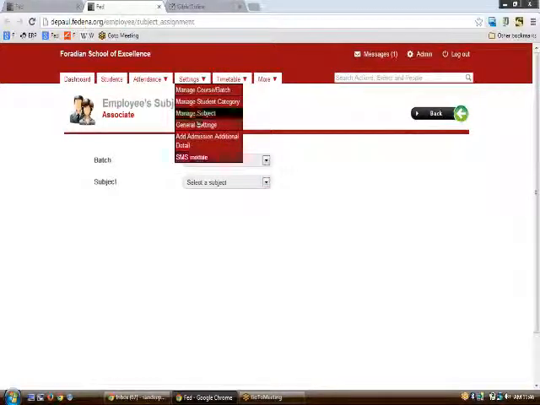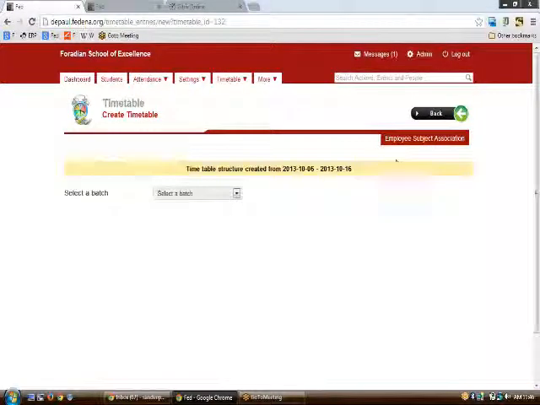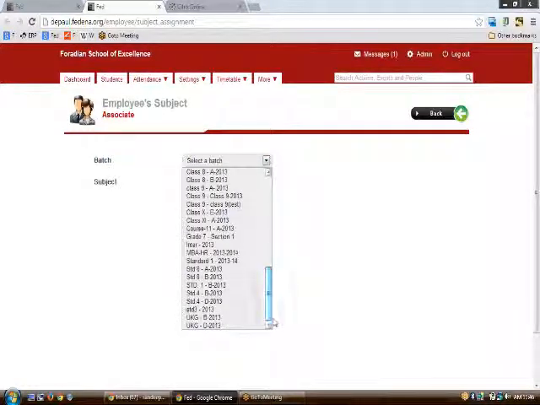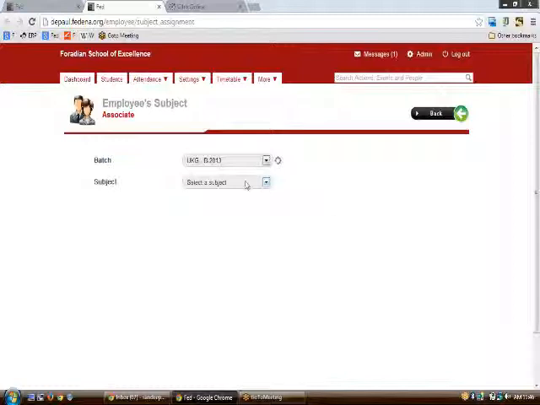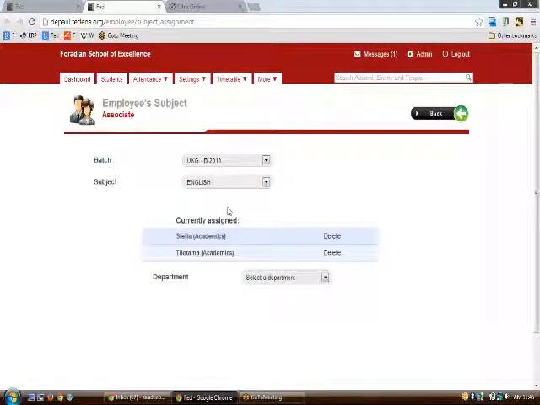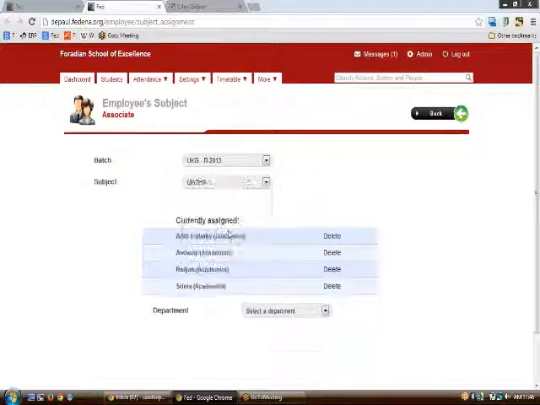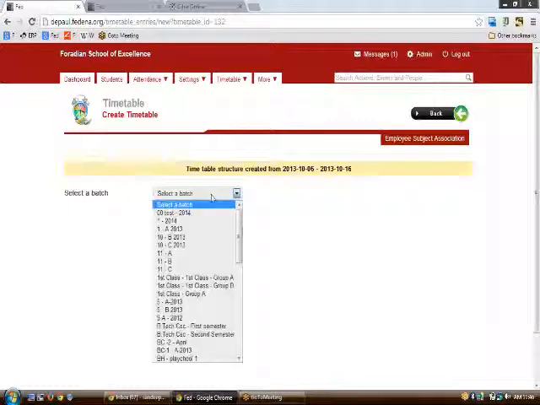To do so, you can use the link here and go to that particular batch for which the timetable is to be created, click upon the subject and check whether the teachers are assigned a subject or not, because whenever a particular subject is not allotted to a student and it's not allotted to a teacher, then it won't come up in the timetable.